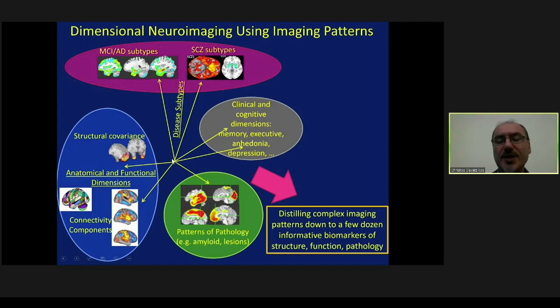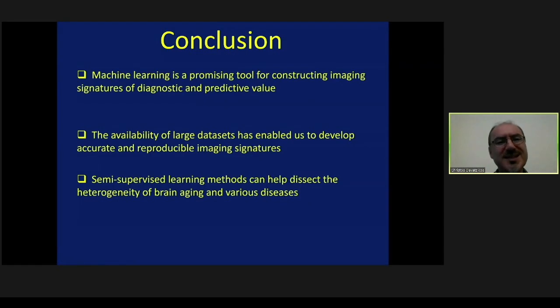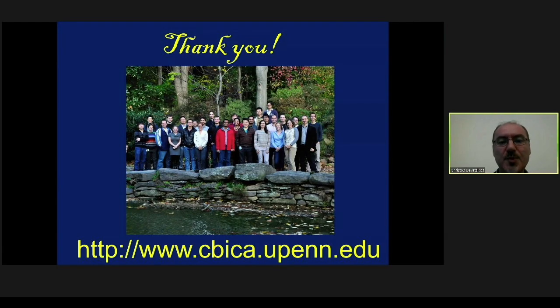It allows us to condense this very complex data of millions of variables down to maybe a few dozens of variables, of dimensions. Perhaps some of them are disease subtypes, some others are structural covariance or functional covariance networks, amyloid deposition patterns, and so forth. And it helps us distill this very complex data down to a small number of dimensions to better understand the heterogeneity of diseases. So I would like to end here by thanking a number of people who have collaborated with us in iStaging, and leave some room for questions.